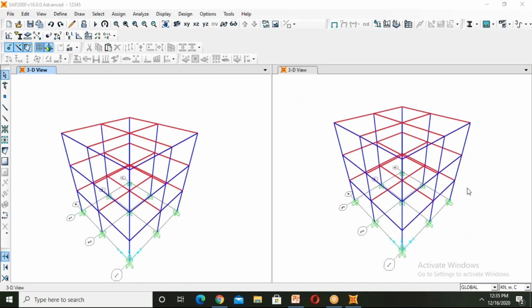Many students have a doubt: why these many softwares for analysis? I come across this question many times, so here I would like to share my view. For example, if you are very good in StaadPro, then why ETABS? ETABS especially, we can go with the dynamic analysis. Apart from that, if you design a structure in StaadPro and the same structure in ETABS, there will be a difference in terms of sectional property.